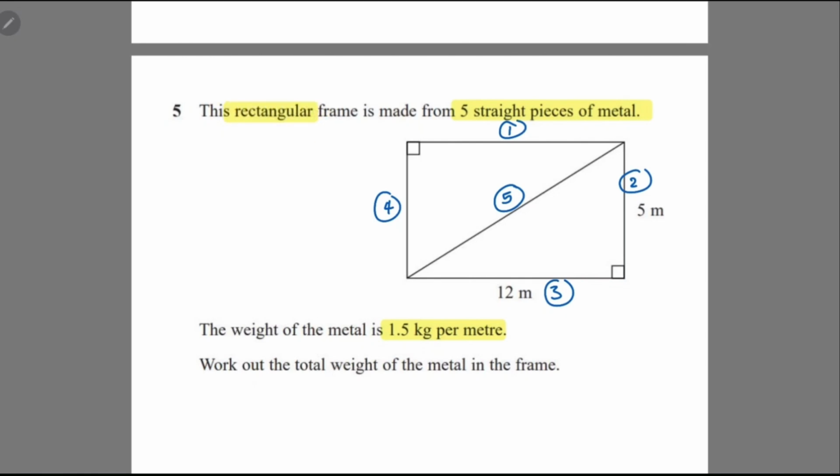One of the main properties of a rectangle is that the opposite sides have equal lengths. So if this side is 12 meters, that means this must be 12 meters as well. And if this side is 5 meters, that means this side must be 5 meters as well. So we've got the measurement of 4 of the sides, which means we need to find the length of this